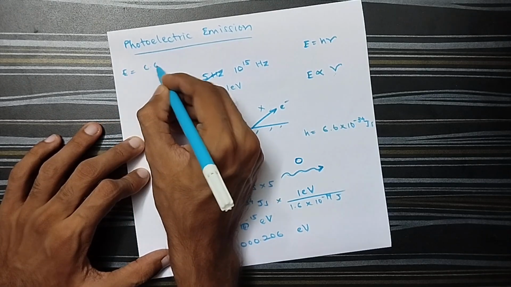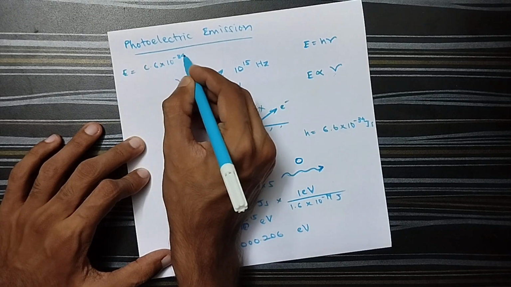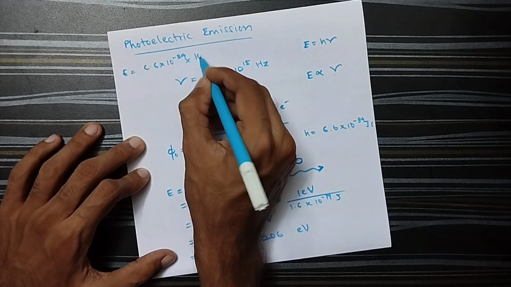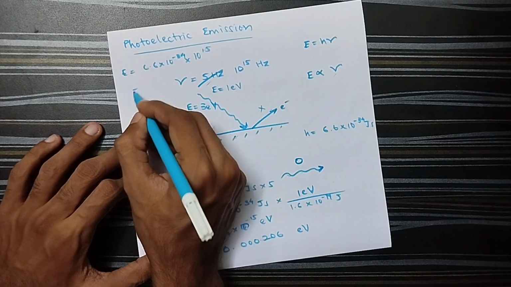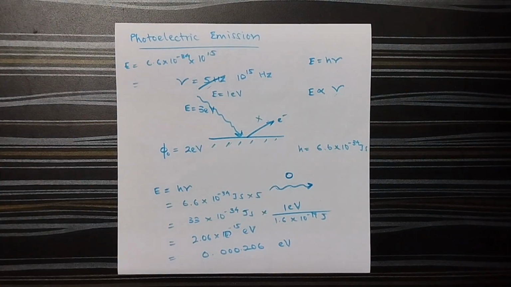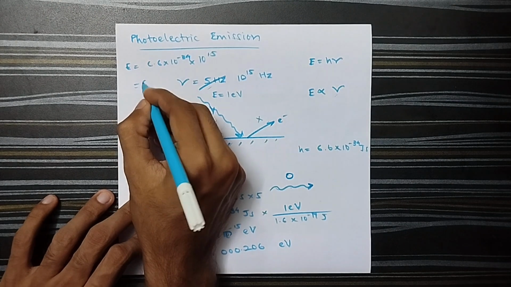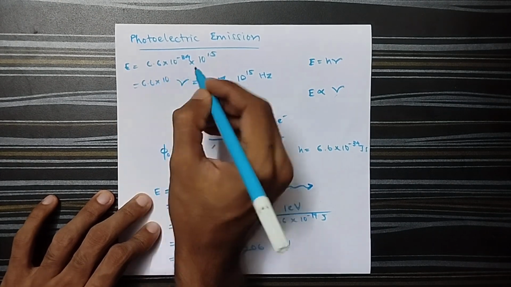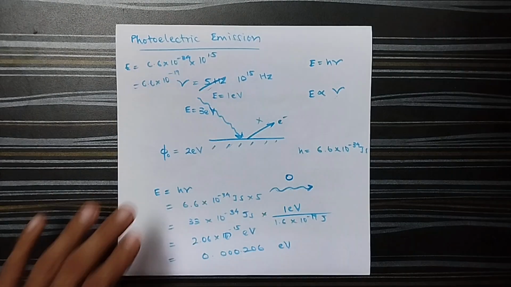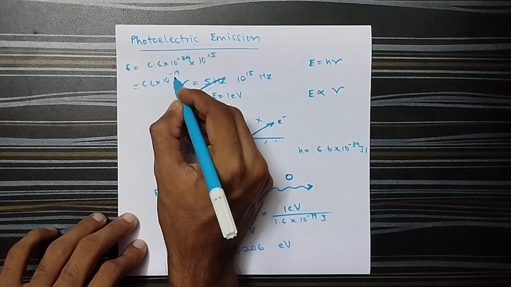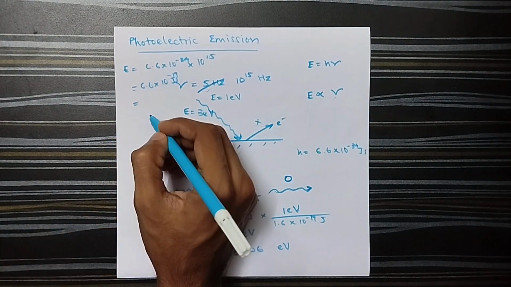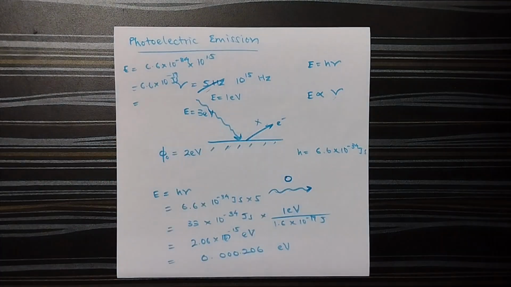So 6.6 into 10 raised to minus 34 into nu, which is 10 raised to 15, right? If we do the math, we can get 6.6 into 10 raised to minus 19, right? And this is in joules, and if we make that into eV, it will be around